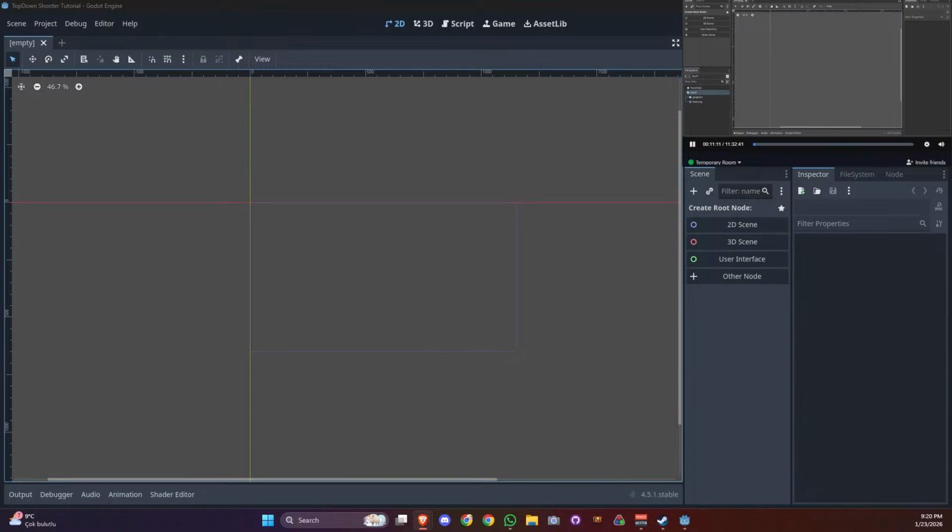Although what you want to be aware of is that there is a blue rectangle. It's kind of hard to see on video, but if you have Godot open, this one is quite easy to see. This blue area is what's going to be visible to the player. This will effectively become the game window in just a bit. Or well, it already is, but this part is going to be visible. All of the stuff you can see right now is a scene. This scene at the moment doesn't have a name, which means in order to save a scene, we need to